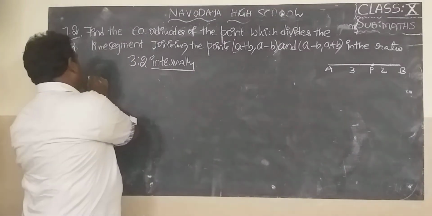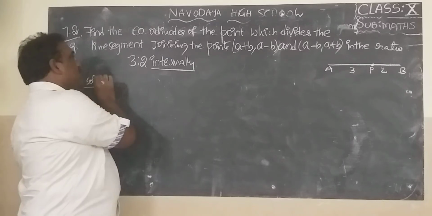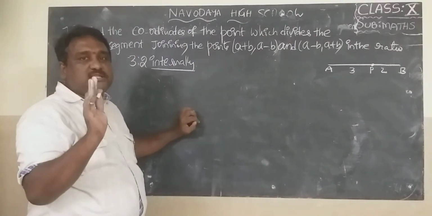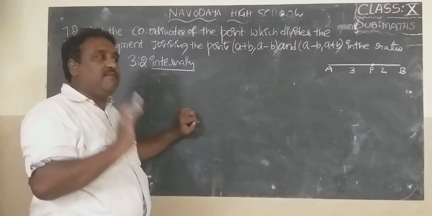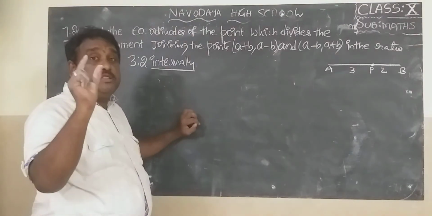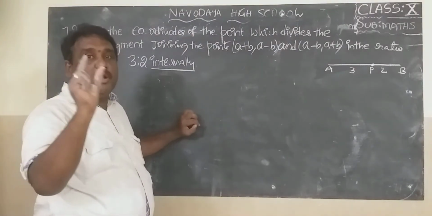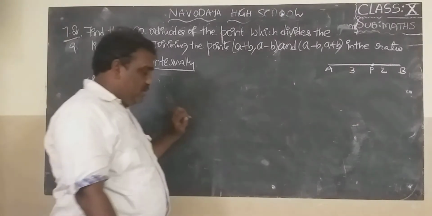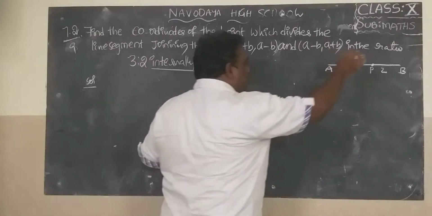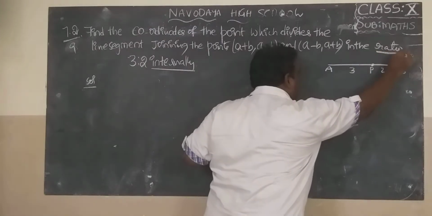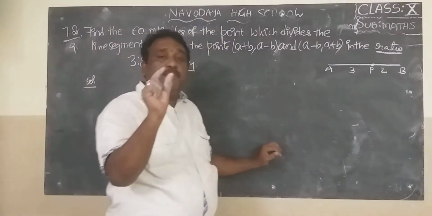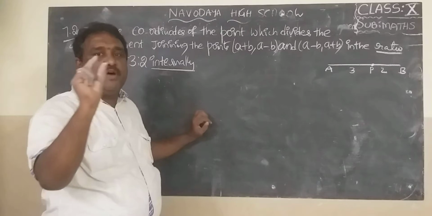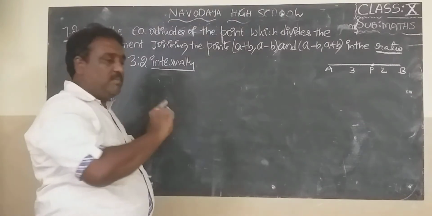Very clear to you. I told you already. First read the problem. Next try to understand the meaning of the problem. Third, think about what formula to apply. Formula plays an important role. There is the word ratio in the given problem, so the problem belongs to the ratio formula. This is the point to remember.